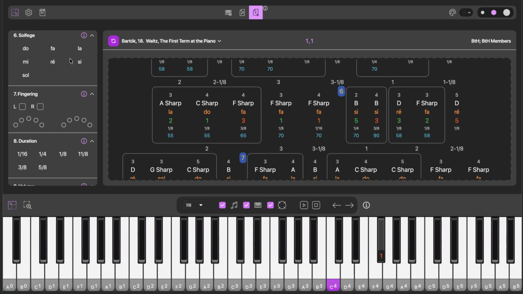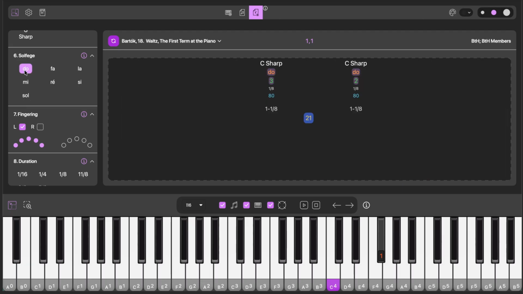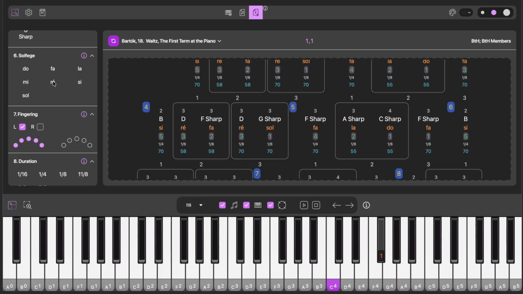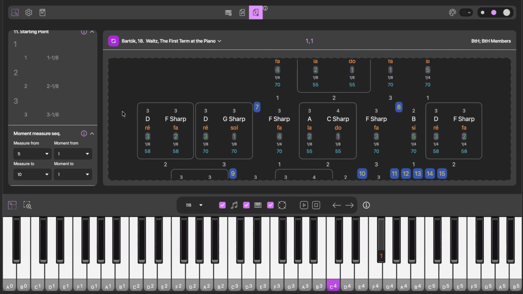For example, you could choose to hear only the left-hand notes or focus on specific fingerings. When you apply filters, the piece adjusts in real time. Only the filtered notes and moments will remain visible and playable, so you can really zero in on the details you want to study. You can also set a specific moment measure range, so your filters only apply to the